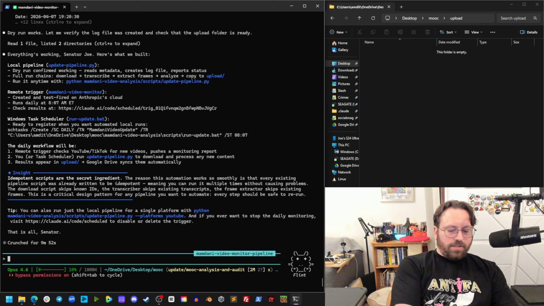Where should it pull from? Let's do a web folder on the main branch. Anything that is in that web folder will be included. Boom, we're going to do that.